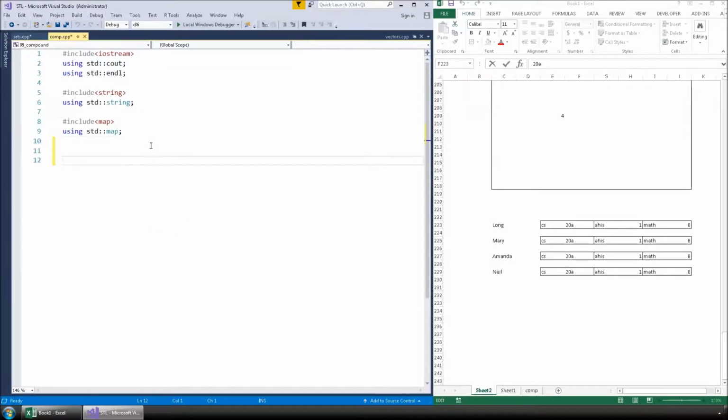Let's create this class, which is called a course. So within a course, let me make everything public just to make our lives easy. So a string for department, and then another string for the number, because of the A in 20A. And so now we have this, and within my main,